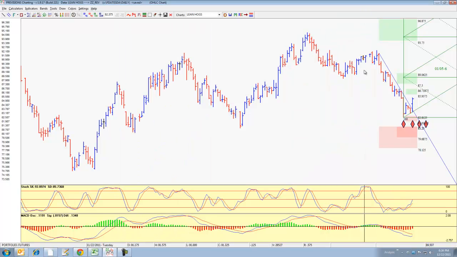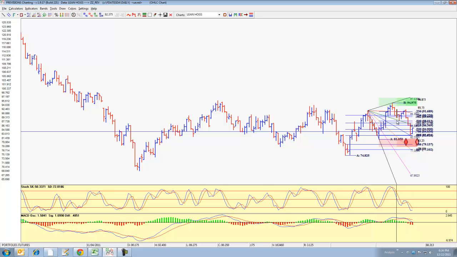And if you'll notice here, the very top occurred on November 30th, and that was in the week ending 12/2. This is Wednesday, that's Thursday 12/1, and that was Friday 12/2. So the top occurred in the week ending 12/2. If you want to see what that looks like on a weekly chart, here's the weekly chart.